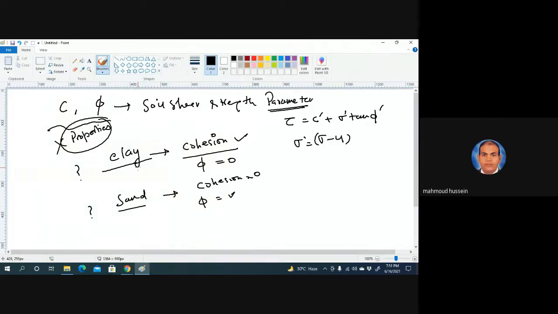No, sir. Clay has an apparent angle of internal friction, and sand may have apparent cohesion. Apparent cohesion is something different. That can be a different discussion. But many geotechnical engineers have this kind of confusion, because these C and phi parameters are